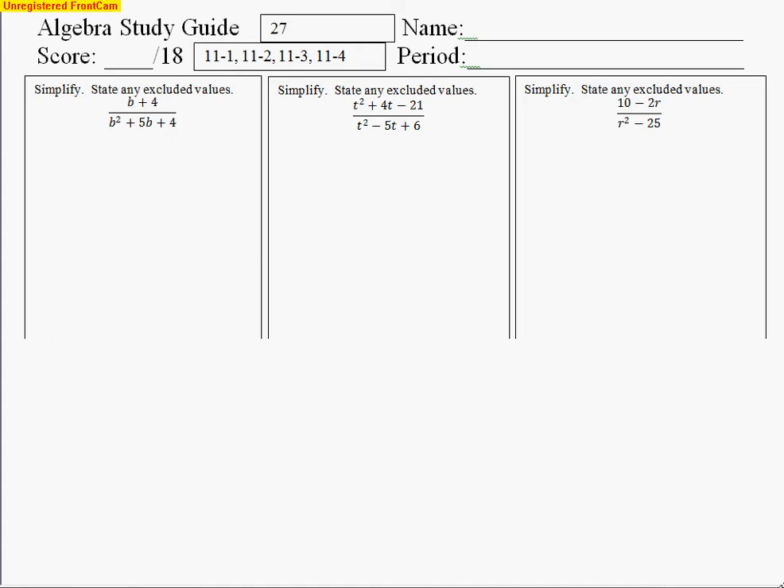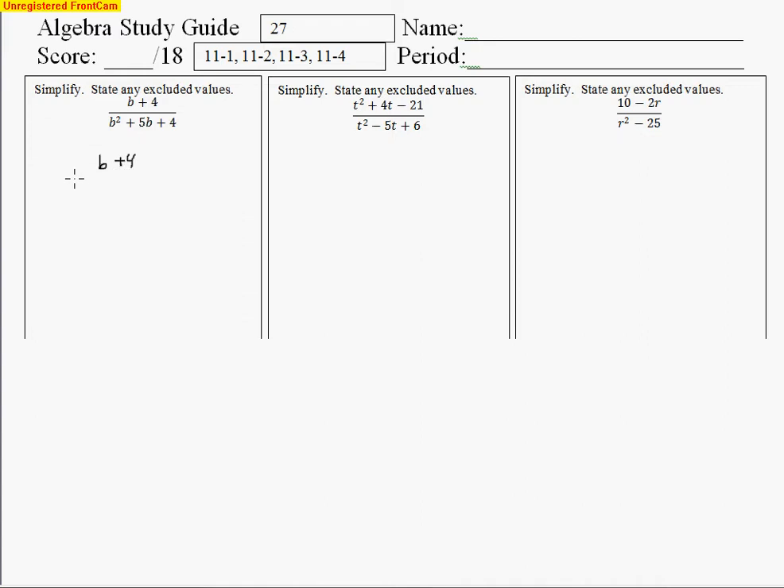These are the solutions for the study guide for quiz number 27. So we're going to end up having to simplify these fractions first, the first four problems. And so what I'm going to look for are common factors. And I don't see any common factors between the terms, but I do see a trinomial that will factor as